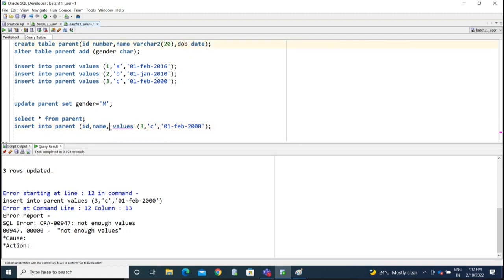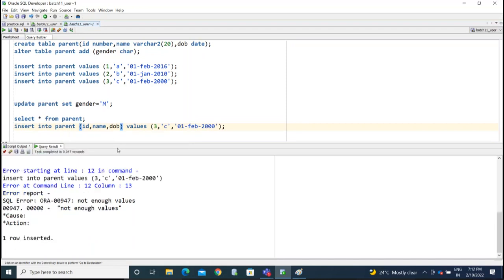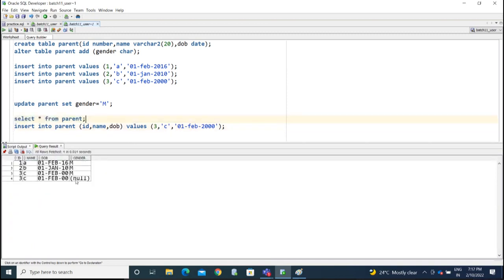I'm mentioning the column list and inserting the values into it, so it is not restricting you. See here, we are not inserting any value for this gender column. The system needs to restrict that. Okay, so to do that task,